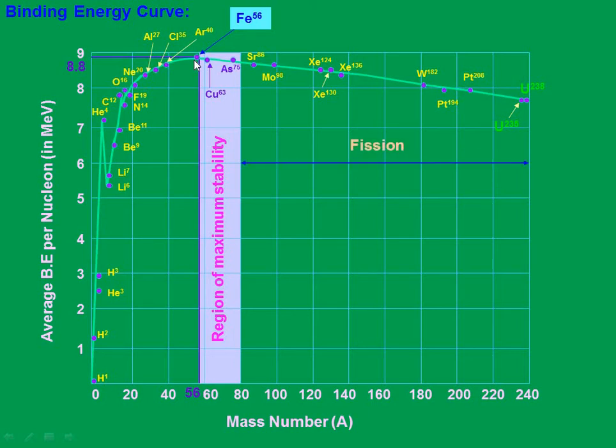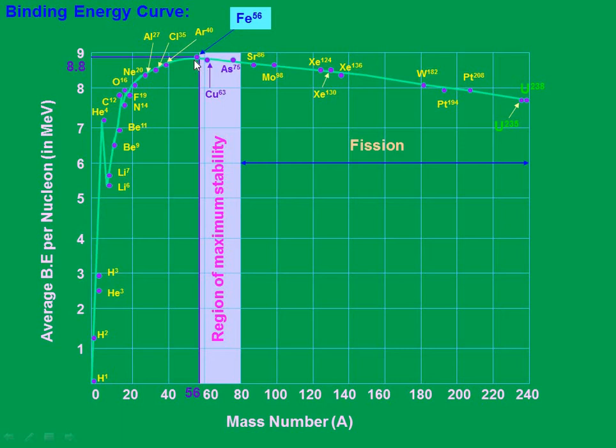This part, beyond that, after the stability, the nuclei will participate in fission. What do you mean by fission? In the lower standards you might already have this introduction, so that's why I am taking the advantage. So fission refers to splitting up of the nucleus. So an unstable nucleus will split up into two or more stable nuclei.